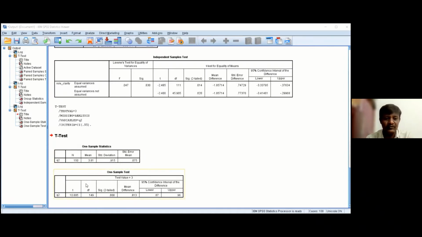The test average is 3, but the result average is 3.8, which is very close to 4. So we come to the conclusion that the opinion regarding reaching career goal is above average. This way you can execute a one sample t-test.